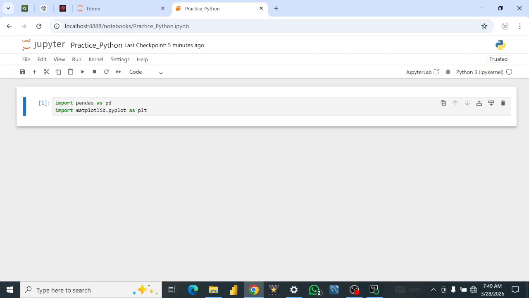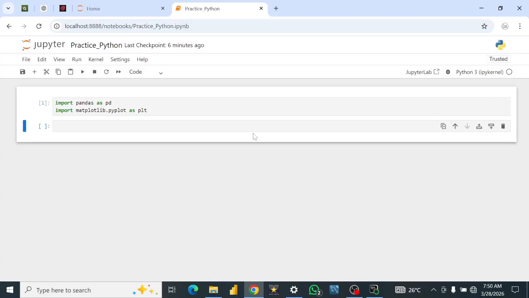So guys, after we've successfully imported our needed libraries for our data analysis using Python, the next thing we should do is to load a data set. Loading a data set means importing a data set into our Python notebook. So to do that, we have to add a new cell by clicking the drop down there. Then to load a data set, you call a data frame, then you assign the data set you are calling to it, which is